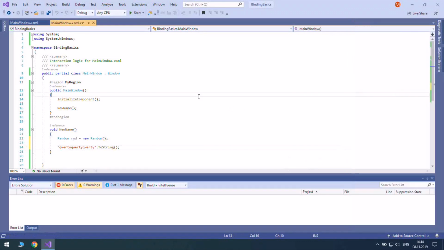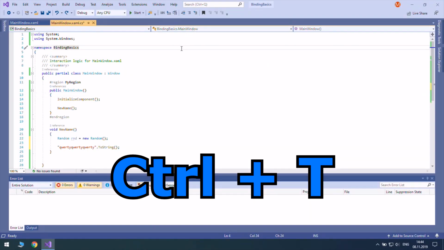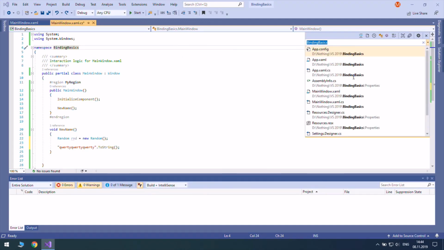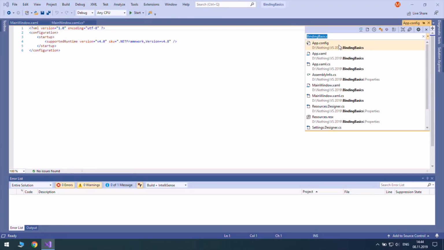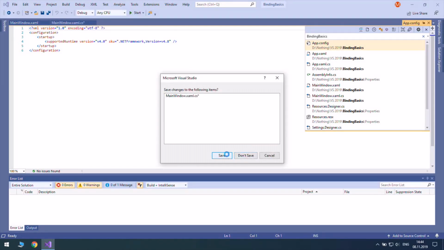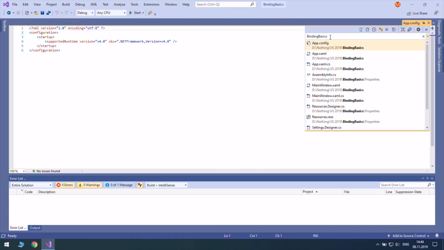So instead of doing this, there is quick search in Visual Studio. So hold Control and press T, and here you can type the name of the file that you want to visit.